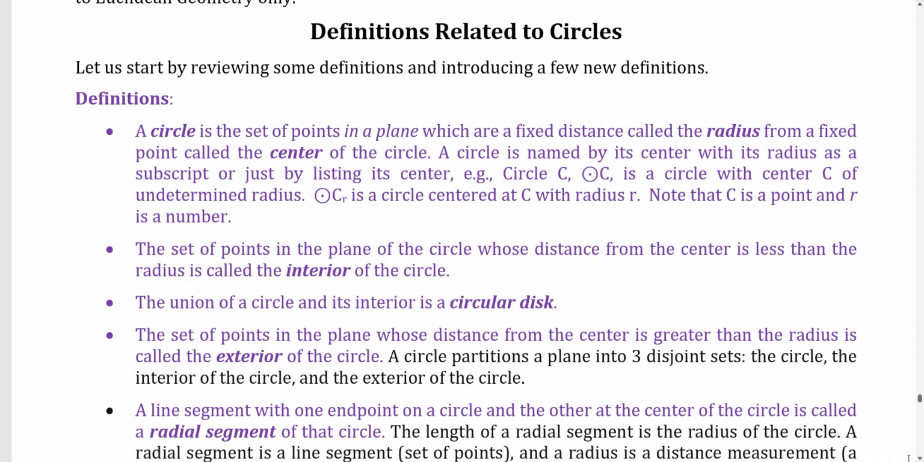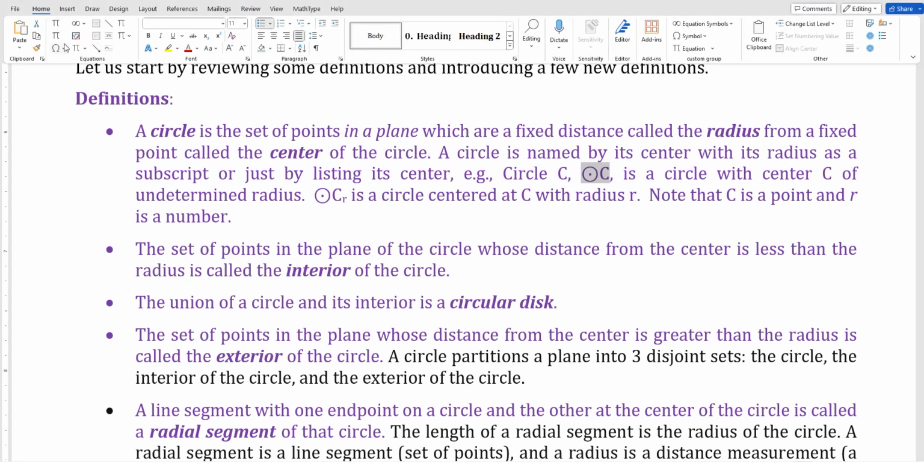A circle is a set of points in a plane which are a fixed distance, called the radius, from a fixed point called the center of the circle. A circle is named by its center with its radius as a subscript, or just by listing its center. For example, we might say circle C like this, or we can use this symbol, circle C, which of course you can copy and paste from my document, but it's also found under the equation